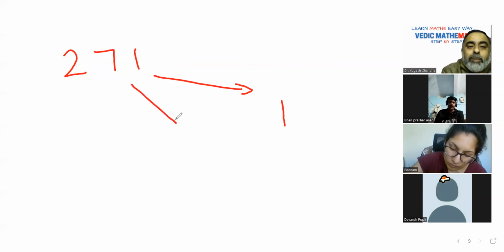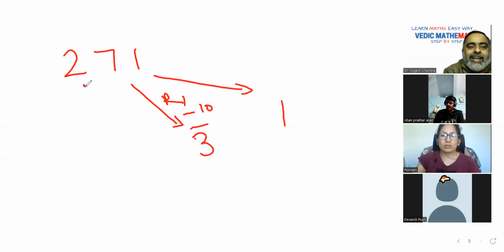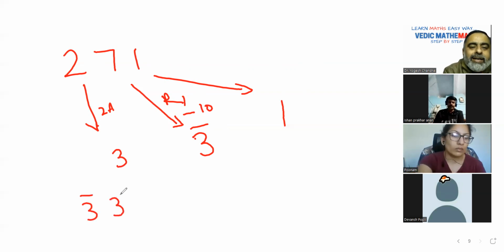Again, I apply here rule number 1. See, this is what I wanted to teach you. If it is not applied on the unit place, try for the second. So that means now I'll subtract from 10. It becomes 3 bar. And again, rule number 2A. So it becomes 3 bar, sorry,